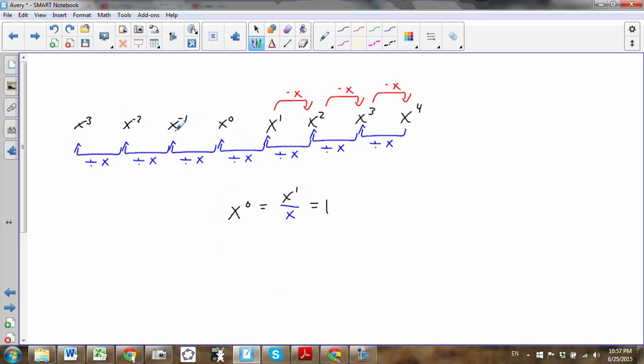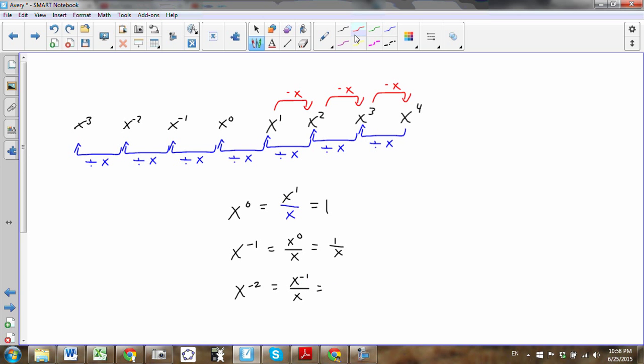Oh, so x to the negative 1, I had to take x to the 0 power and divide it by x. Well, we just figured out that x to the 0 power is 1. So x to the negative 1 power is 1 over x. Okay, x to the negative 2 power is x to the negative 1 power divided by x. Well, x to the negative 1 power is 1 over x, and this divided by x,